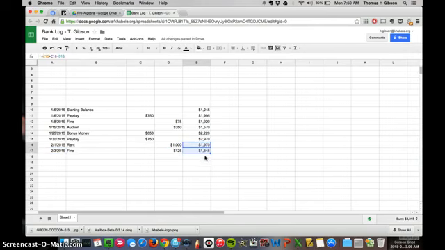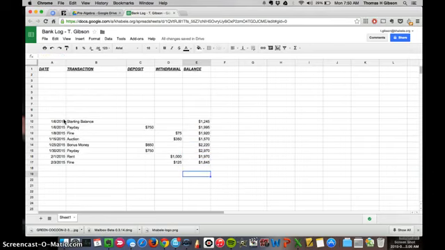There are ways where you can drag it down here, and then if there's nothing in either one of these cells, it doesn't show anything. But that gets a little bit complicated. If you want to learn how to do that, just come see me during office hours and we can figure it out. But what I want you to do is go back and put all the beginning of your bank